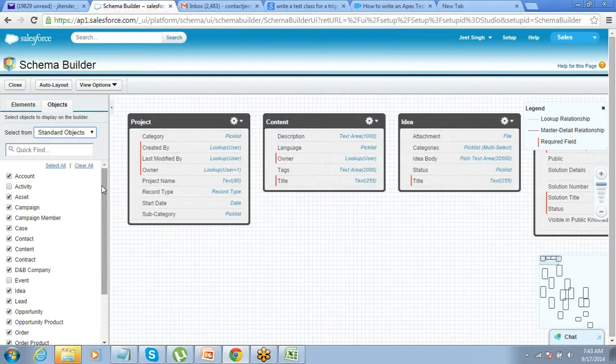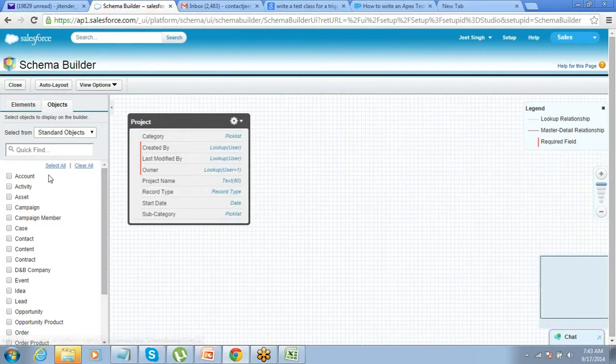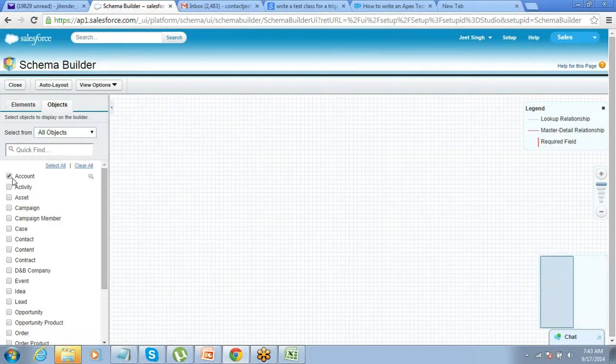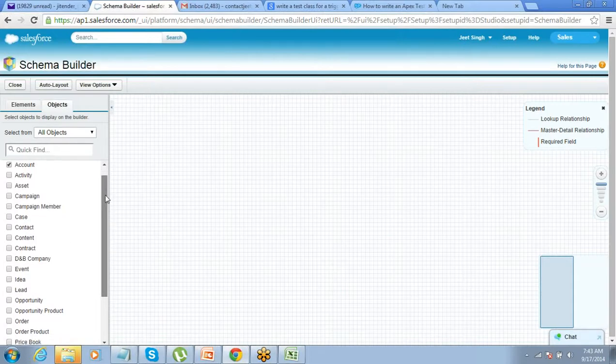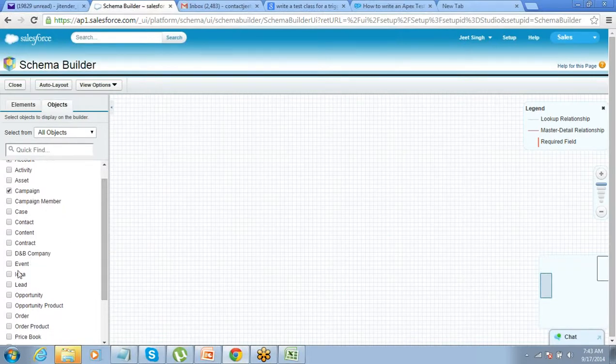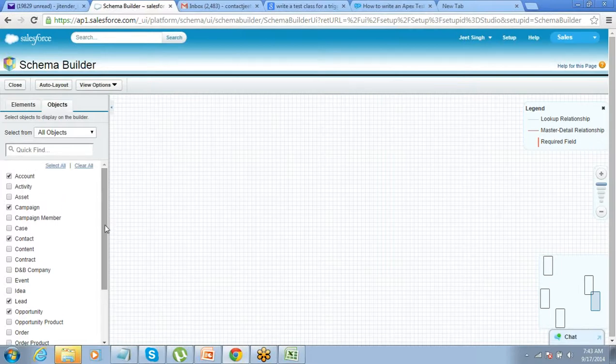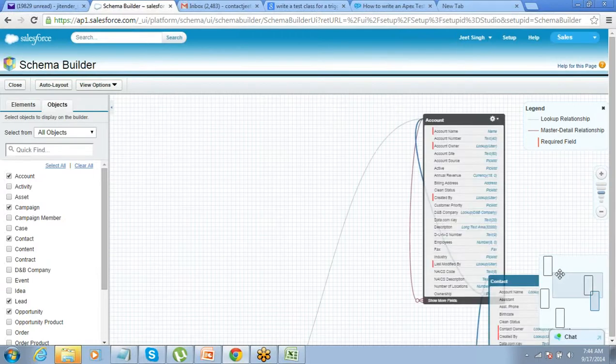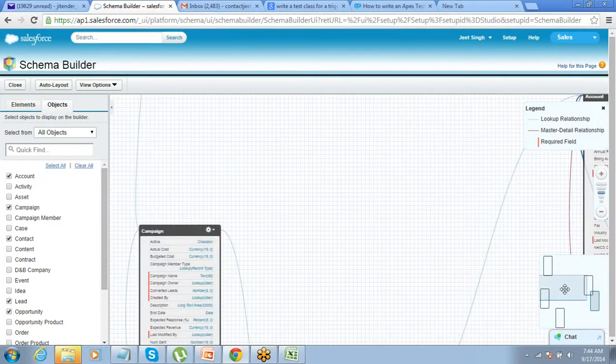Now you have the option of selecting the objects that you want to see: account, then campaign, lead, opportunity, contact. You must be thinking, why are we not able to see all these objects? You have to bring them a little here and there.